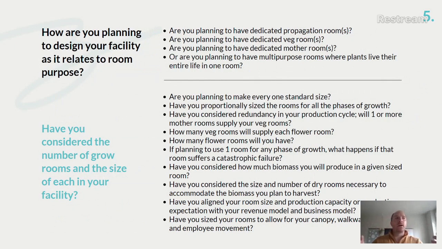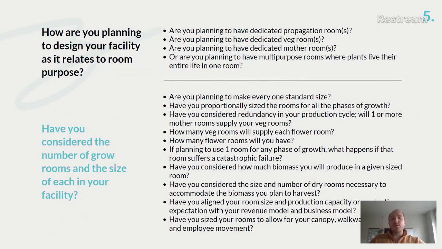If you have rooms that are many different sizes, it makes the downstream process a little bit more difficult, because you need to then build in variability of all those downstream processes. If you're going to be harvesting 50 pounds in one room and 130 pounds in another, that makes your labor very clunky and very peak and valley. And it makes it a little bit more difficult for employees on a day-to-day level to understand what they're going to be asked to do, rather than understanding that every 2 weeks we harvest 100 pounds. Well, then we have 2 weeks in the dry room to dry that. Then moving forward, we have 2 weeks to trim it, and so on and so on.